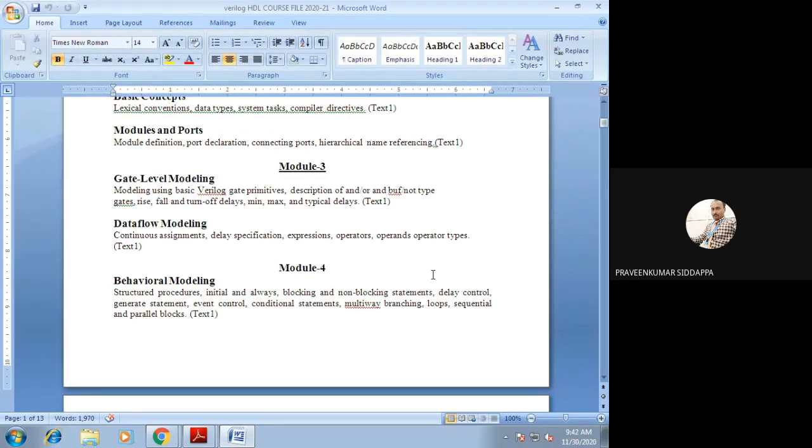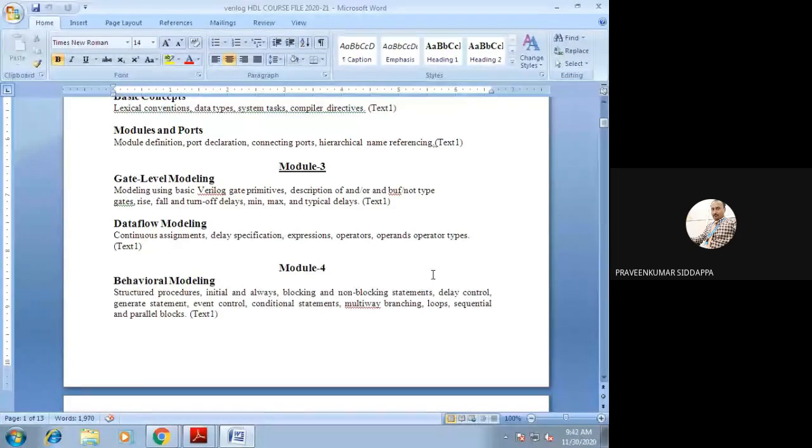Here, what is gate level modeling and what is data flow modeling? How to identify, whatever code you have written, whether it is data flow modeling or gate level modeling? I think in the first class we already discussed. Whenever we write gate level modeling, first we need to design it, and the design should contain up to the logical diagram.